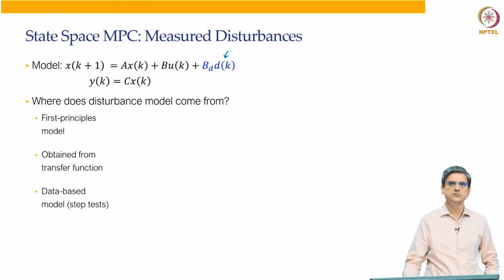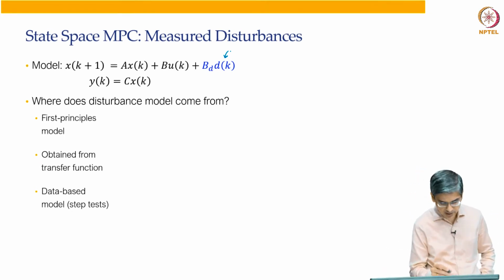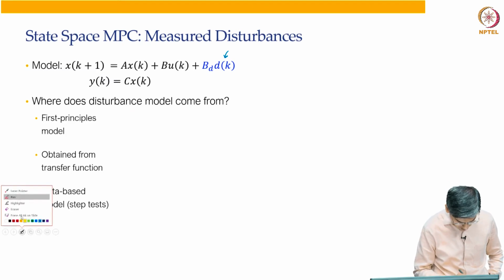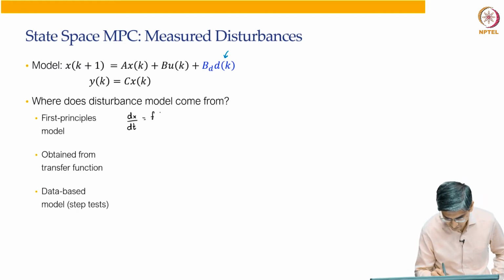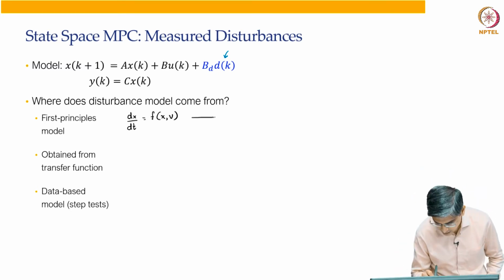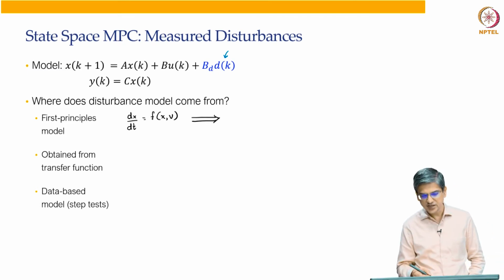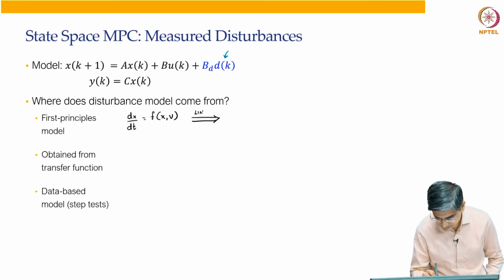There are various ways in which we have learnt how to do the modeling in week 2 and week 3 of this course. Okay. One of the ways we have seen is the first principles model. So, what do we do? We write ordinary differential equations in order to model the system, and the ordinary differential equations are of the form dx by dt is some function f of x comma v, where v's are input variables, okay, and we linearize,